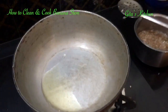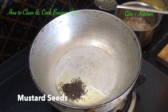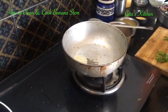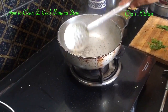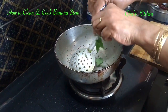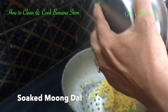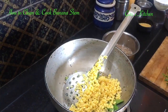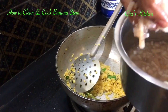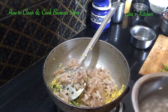I have taken a teaspoon of oil in a pan and temper it with mustard seeds. After they flutter, add urad dal, add the split green chilli, also some fresh curry leaves. Next, add this soaked moong dal and stir fry it for just a few minutes. Drain the chopped banana stems and add that also to this tempering of dal and